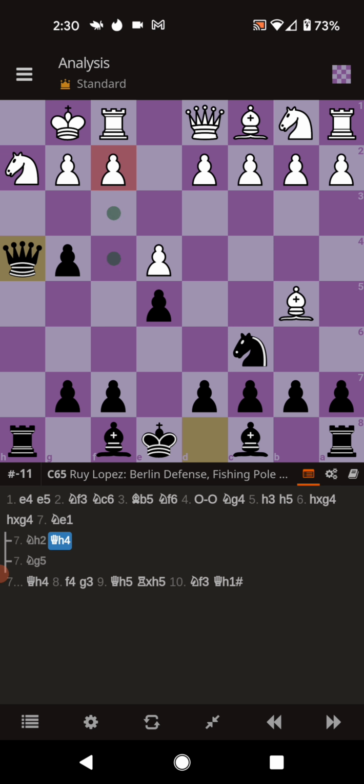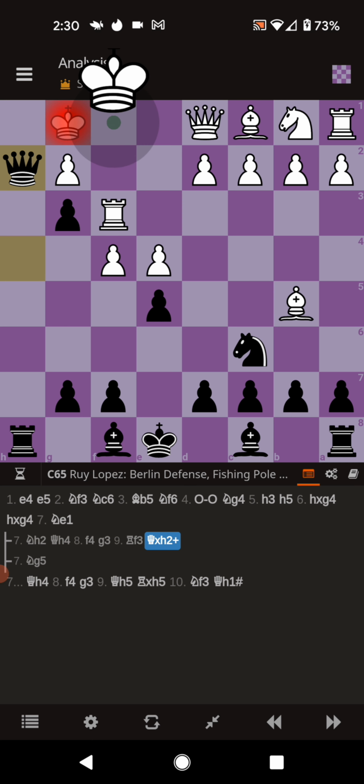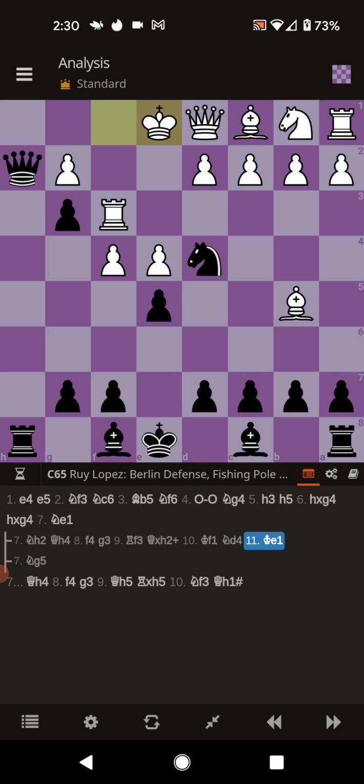Queen h4, f4, g3, rook f3, queen captures with knight on h2, king marches over to f1, knight comes to d4, king goes to e1, queen captures g2,